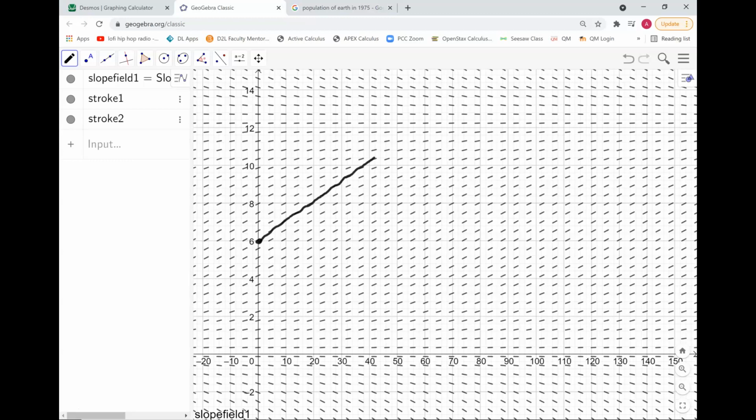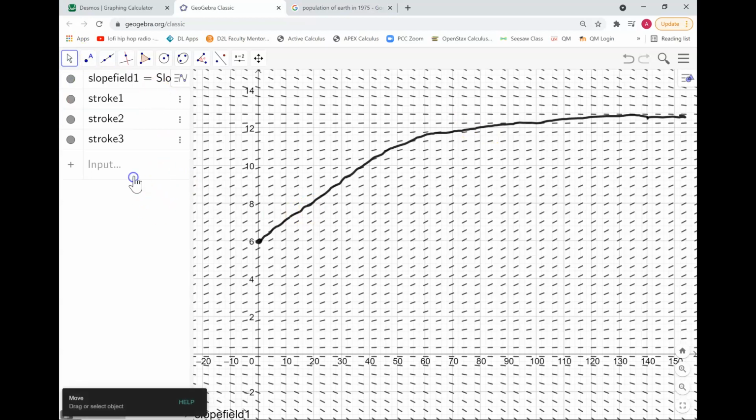Increasing, increasing, increasing. And then it kind of seems like it's leveling out, doesn't it? Around 12.5. Keep going. I may have gone up a little bit too high. These can be kind of tricky to do. Okay, so we're gonna let GeoGebra do this for us because it does it much more accurately, at least compared